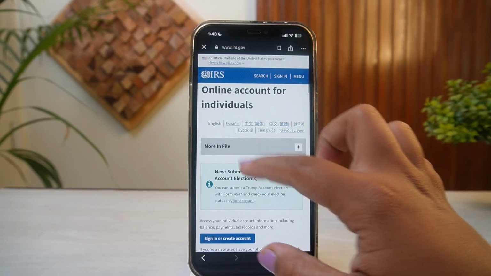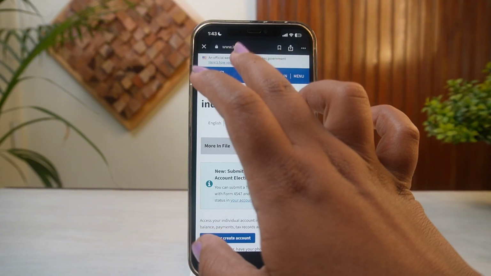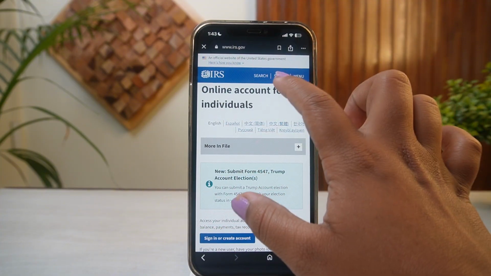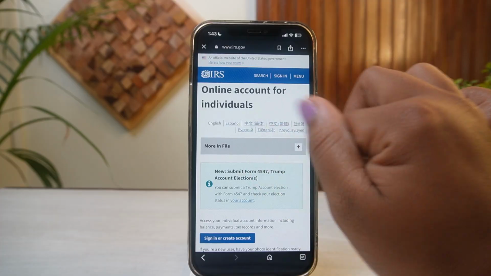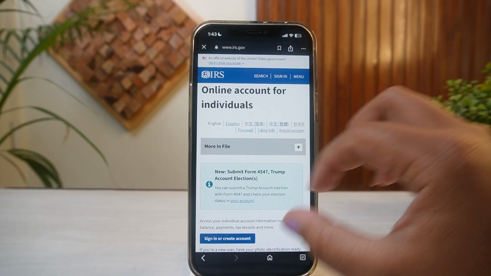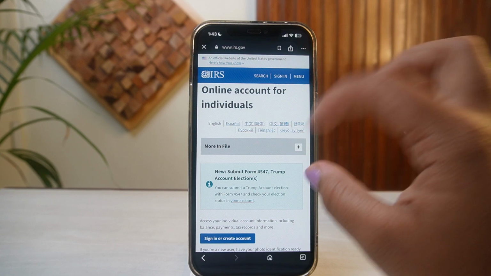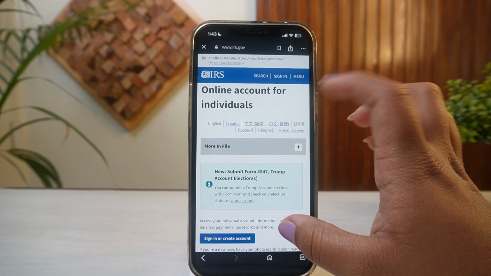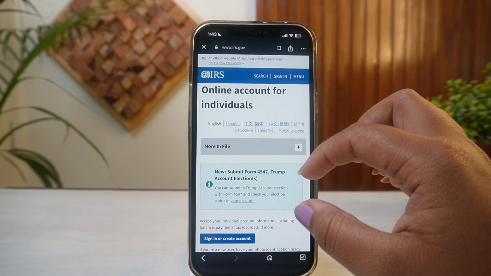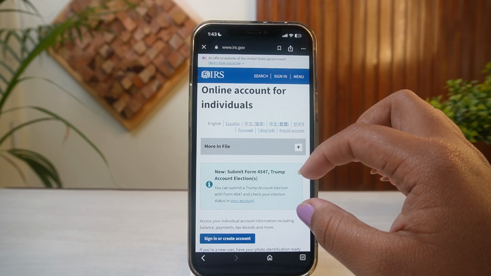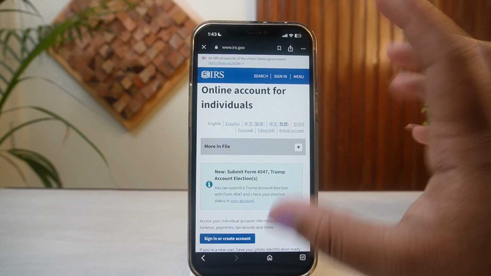So what you can actually do is simply get into irs.gov and then tap on the sign in option right here, and then you can log in via your ID.me or you can log in via your Login.gov too, right? So after successfully logging in, in order to delete your credentials account, you can, if you're looking at the ID.me,